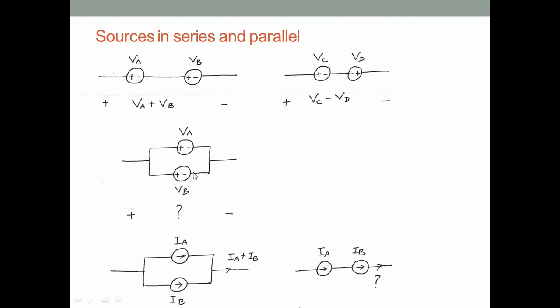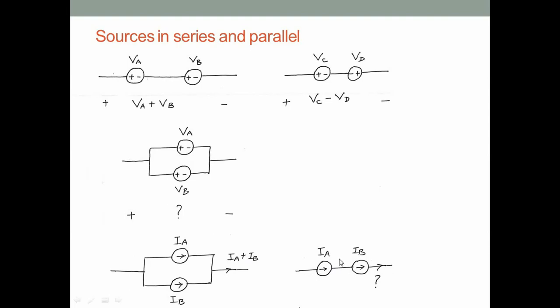What if we connect two voltage sources in parallel like this when VA is not equal to VB? What happens? Okay, think about it just for a second. Let us do current sources. So let's say we have two current sources connected in parallel like this, IA, IB. Then the combined current through the current sources is of course IA plus IB. This comes from Kirchhoff's current law. The way this comes from Kirchhoff's voltage law. Okay, what happens if we connect two current sources in series when these two values are not equal? What happens?